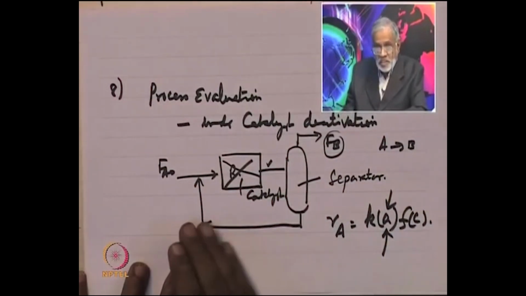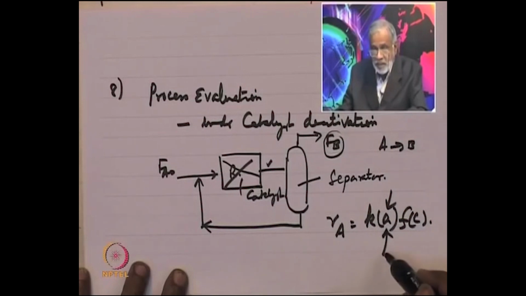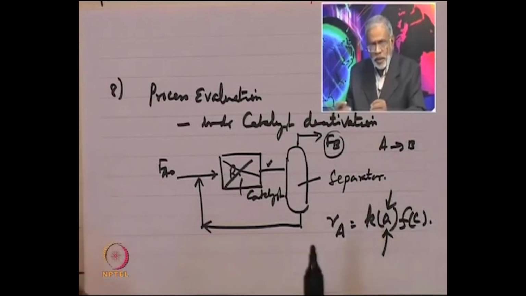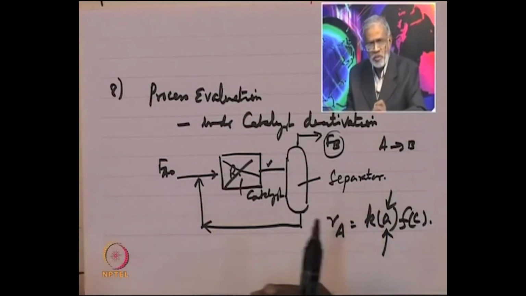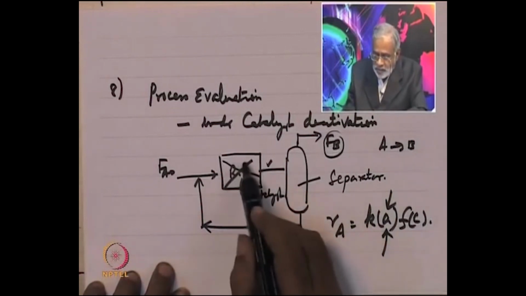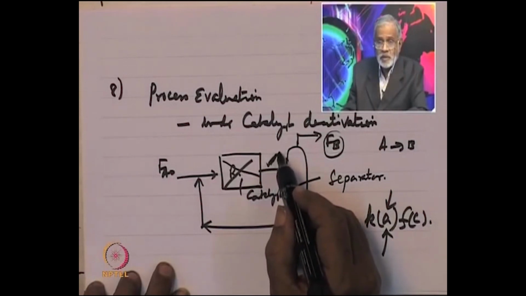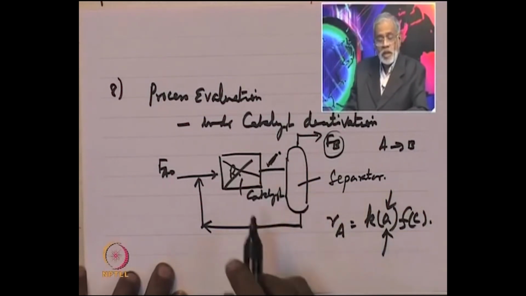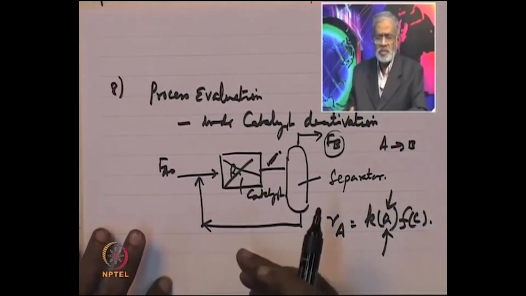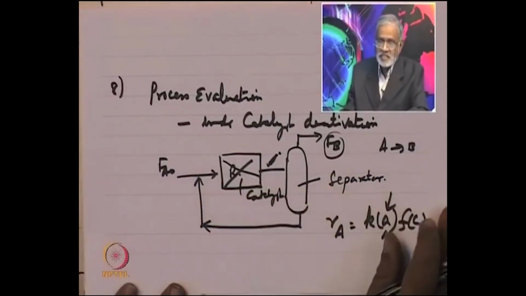So that with time, as the catalyst activity keeps on decreasing, there must be process tuning or process adjustments that you will do, which will ensure that even though the catalyst deactivates, the product that comes out here does not change with time. In other words, there are strategies by which we can run processes despite the fact that there is deactivation, and it is these strategies that we will learn